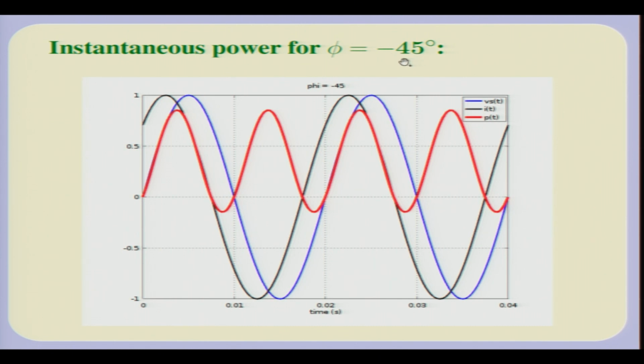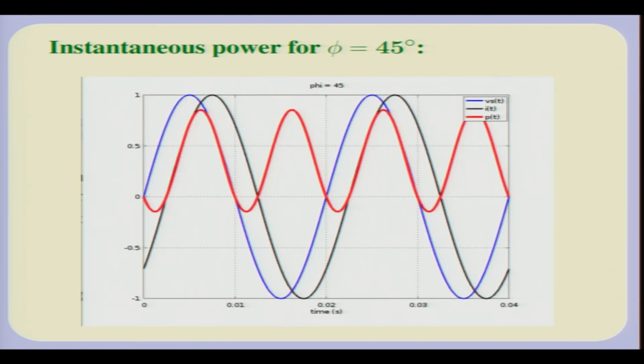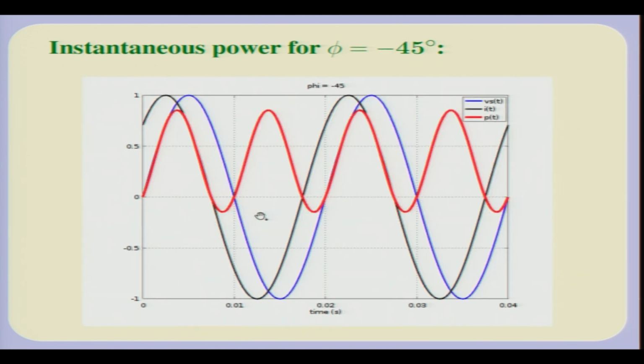So, you can actually do the same analysis with minus 45, and remember that the average power depends on cos phi. So, minus 45 and plus 45 have the same amount of average power, but the point in the cycle where the power reverses direction has changed. So, for phi equal to 45, as you shall see, can you just go back? And with phi equal to minus 45, at different points in the waveform you will find that it goes negative, but otherwise the average value is the same. So, in fact, if you use the formula